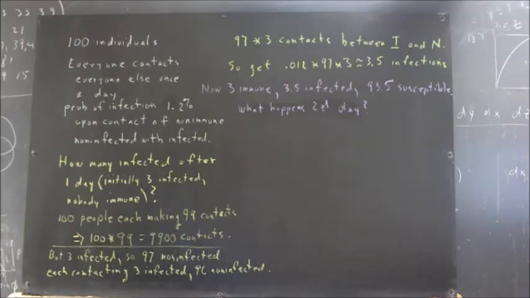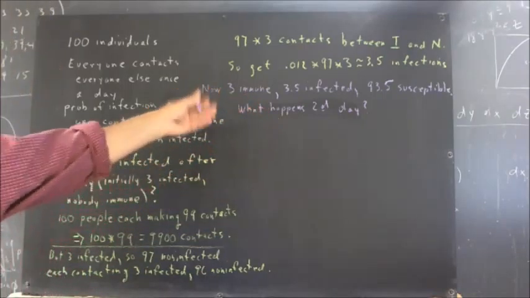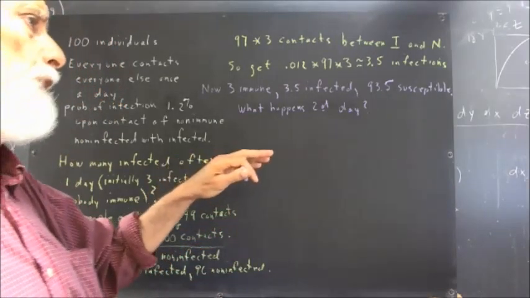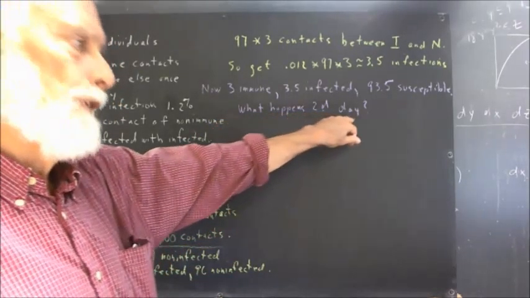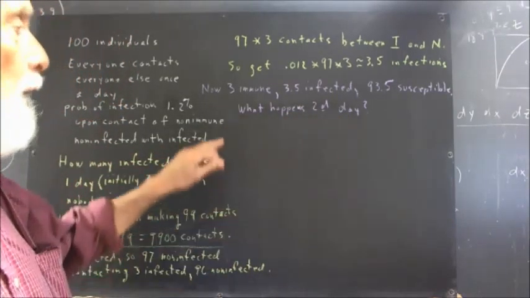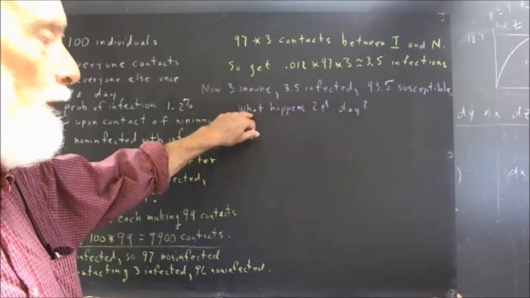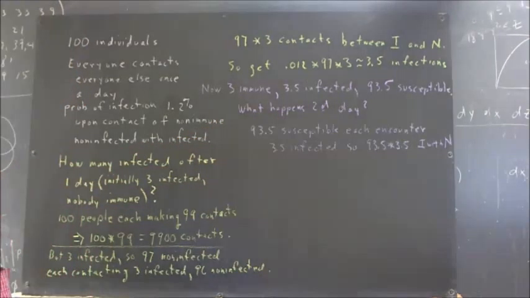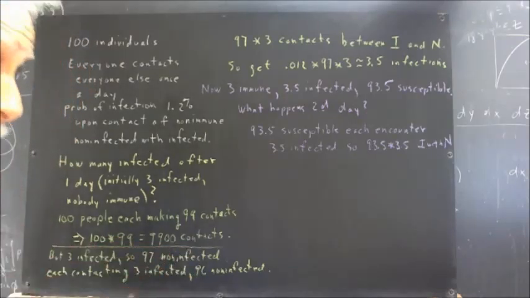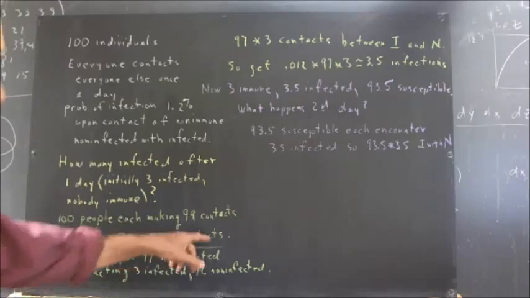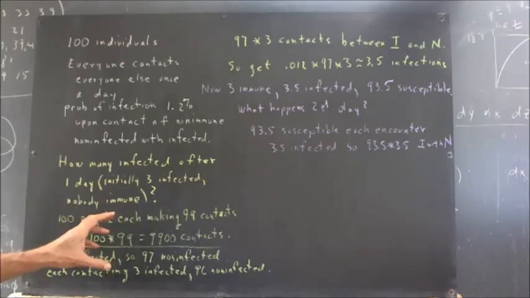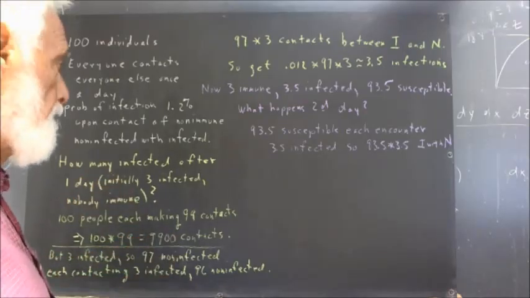Now, a better way to have asked the question would be to not ask what are we going to have at the end of the second day. To answer that question, you would want to ask yourself, well, what happens on the second day? So if you haven't been able to think that through, try approaching the question as what happens on the second day. Well, many things happen. There are, again, 9,900 contacts between people, but that isn't particularly important. It's important to kind of understand that to give us a context, but what counts is the number of contacts